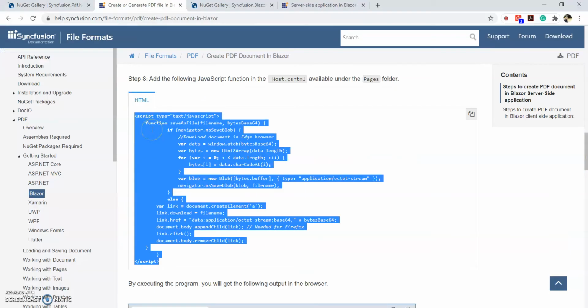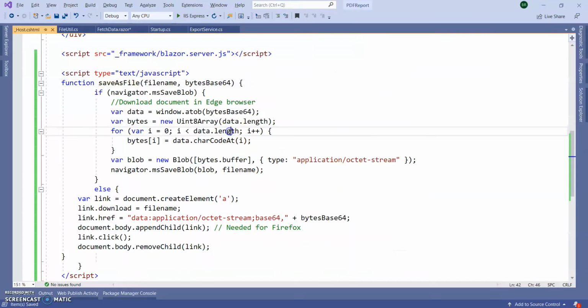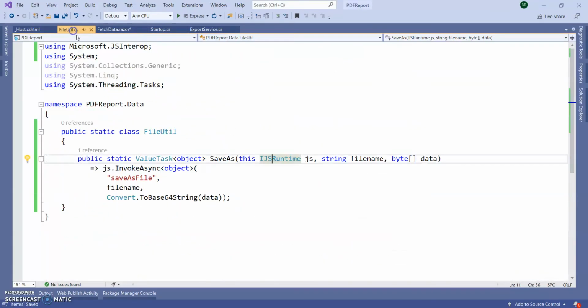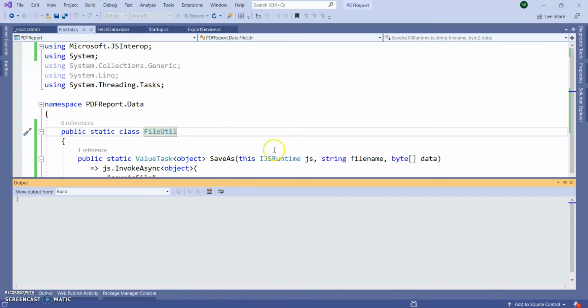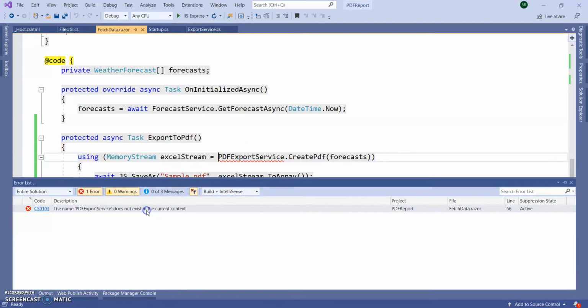Okay, next step. Let's rebuild the application to see if there are any errors, and check how it is working. There is an error coming.